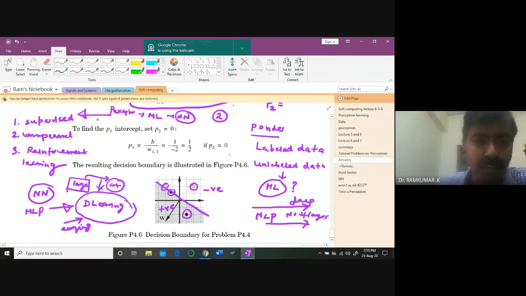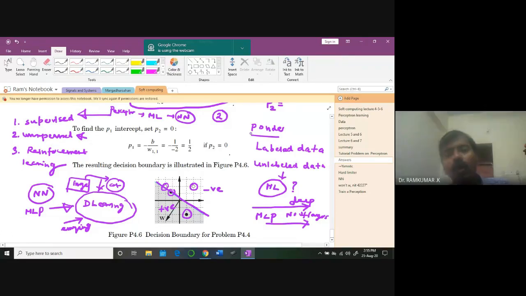Now think about unsupervised learning. How do you imagine that, when I'm not going to give any labeled data? For example, if I want to train my kid, I will say this is a blackboard, this is a chalk, this is a pen, this is a dog. I'll be labeling, and then only will the kid be in a position to understand. But I'm talking about training a network without labeling the data. How can you do that? Can anyone make a fair guess?